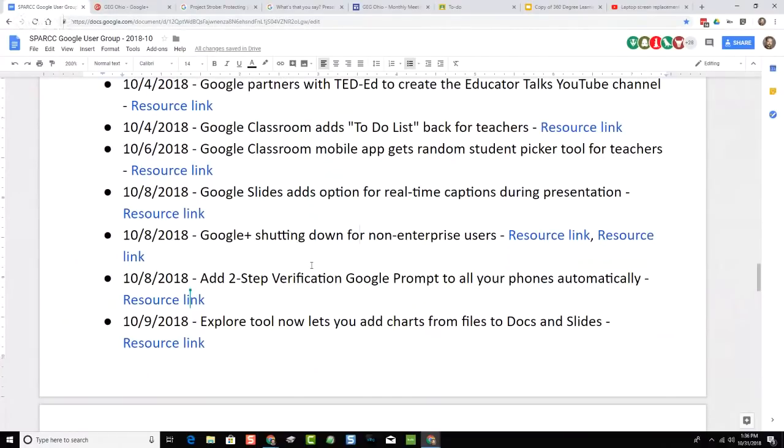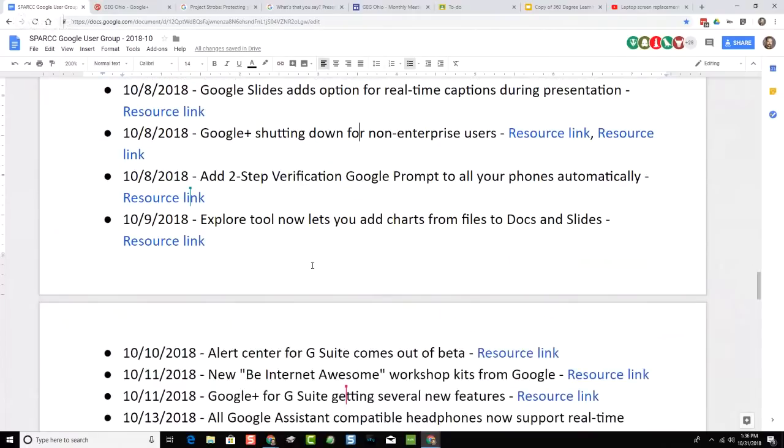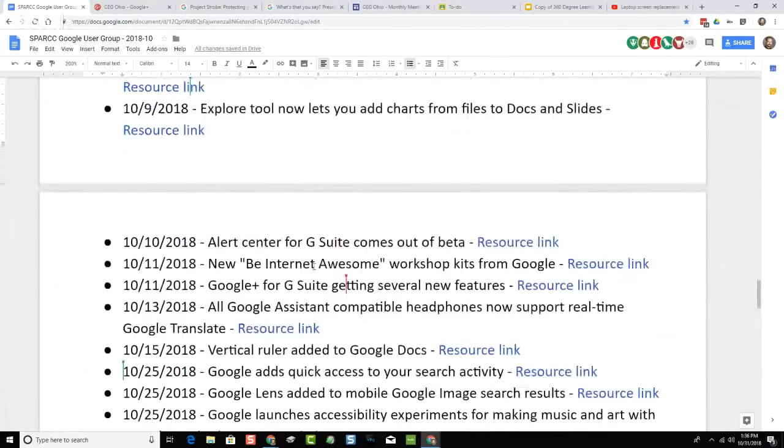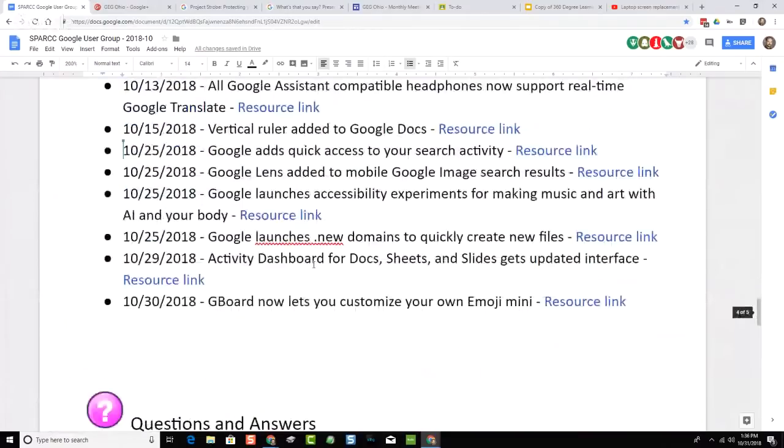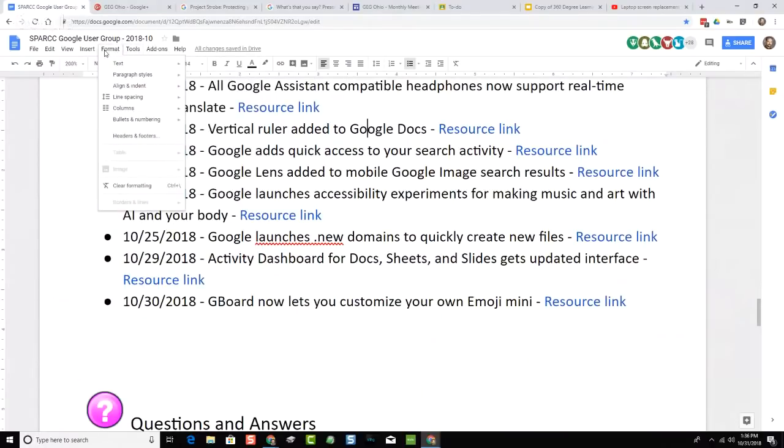What else do we have? And again, we're not going to hit all of these. There's a lot here. Definitely check on the ones that look interesting to you. Something else that jumped out at me, it's just kind of quick and simple, but might as well mention it, is that Google has added a vertical ruler to Google Docs now as well. So if you have not turned on your ruler,